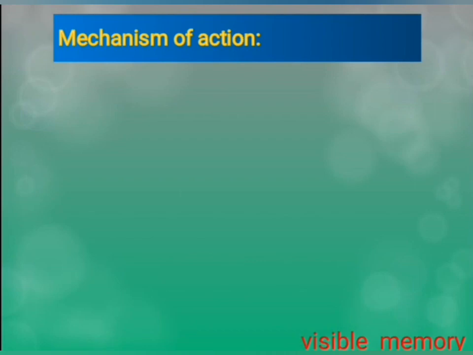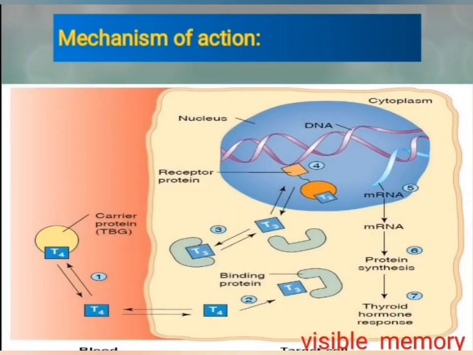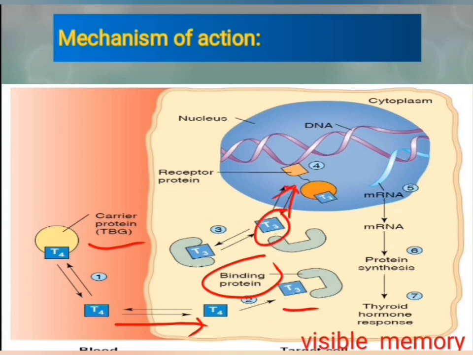So, the mechanism of action of thyroxine. Thyroxine is a lipid-soluble hormone which binds to thyroxine-binding protein, and it goes into the cell where it is converted into the T3 form, triiodothyronine, which binds to the binding protein. When there is necessity, T3 is converted into the free form and then goes into the nucleus and binds to the DNA response element. Other coactivators also bind with it, and then DNA is transcribed into messenger RNA, which is translated into the proteins that produce the thyroid hormone response.